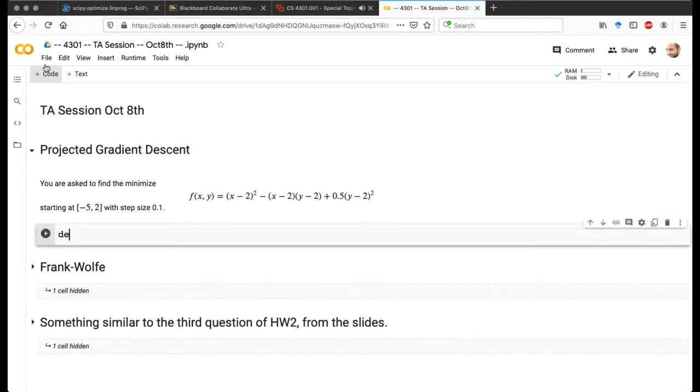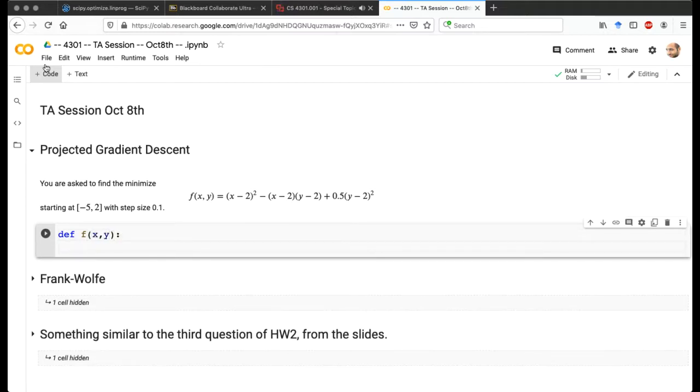Okay, so let's start. I think the font size is good enough, but if you cannot see, please let me know. We start by defining the function. It is not that important to define the function, but I'm going to do it. It is x minus 2,